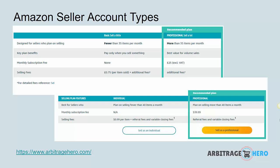It also gives you additional benefits, like you can sell in more categories, you can also fight for buy box and other benefits. If you are serious about Amazon business, which I believe you are, you should just go with professional account. The price for professional account in the UK is £30 and the price for professional account in the United States is